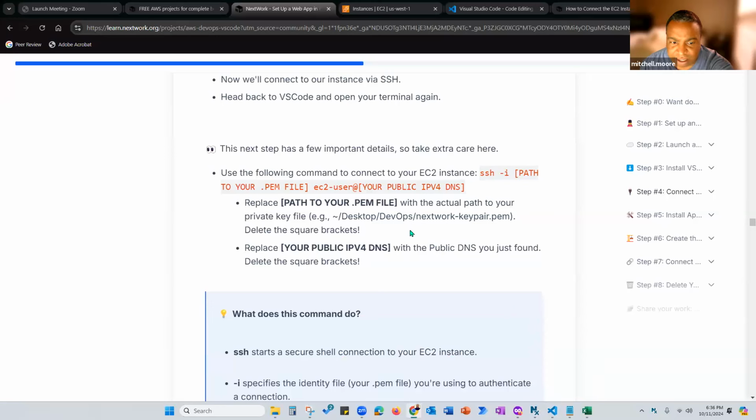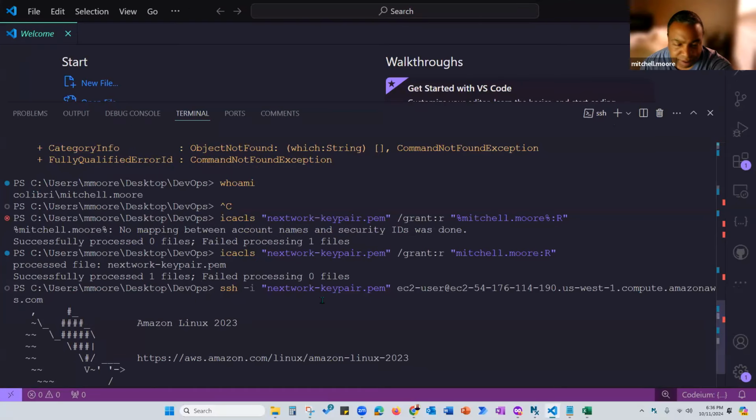So basically we're going to copy that and then paste it in your terminal or PowerShell or command prompt, and then